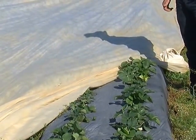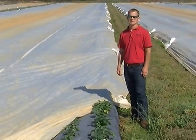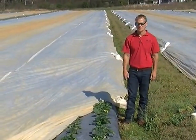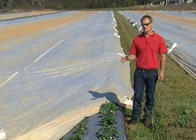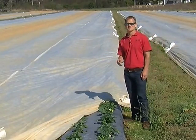There's a lot of people that plant strawberries in the springtime, and you get a few strawberries on your plant that next year. The majority of what you're going to get is probably going to be the second year off your daughter plants, which are going to be off the runners. But this is basically what most folks do in Georgia, most of our commercial guys, and it's called plasticulture or